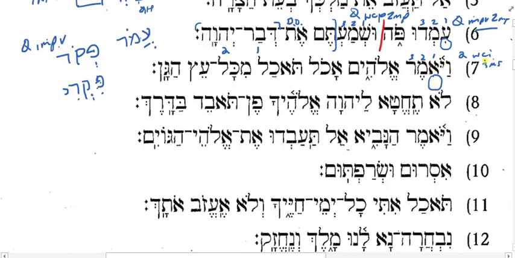That's a WCI form. The only time you have your one olives behaving in this naughty way is in the cal. In all the other stems, the one olive verb just behaves like any old one guttural. It's in the cal stem that they're really, really bad. So what does amar mean? To say. So make it a WCI in the 3MS, and it's he said.